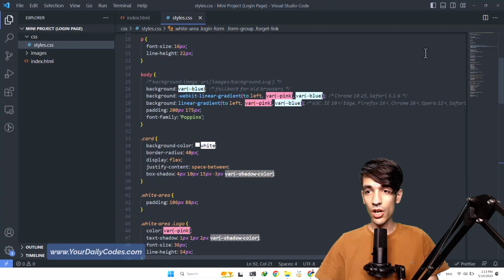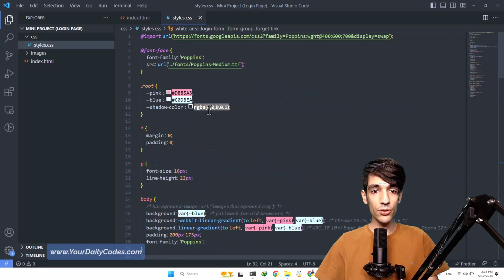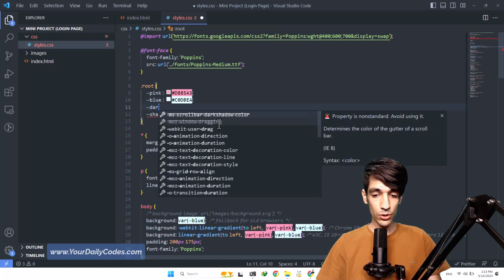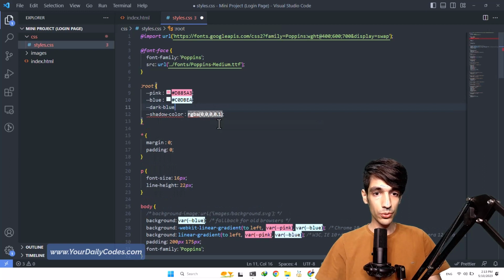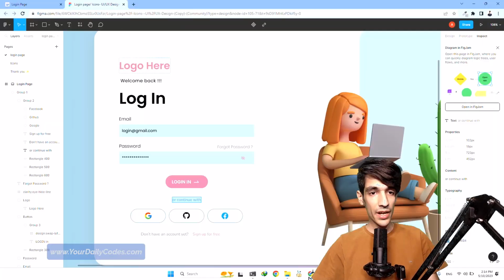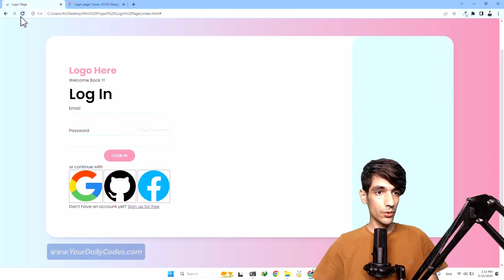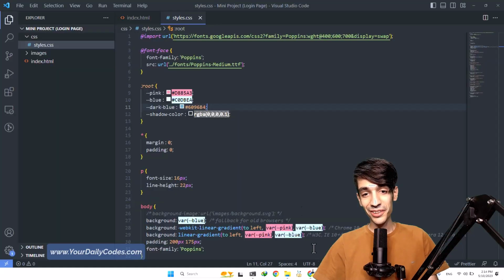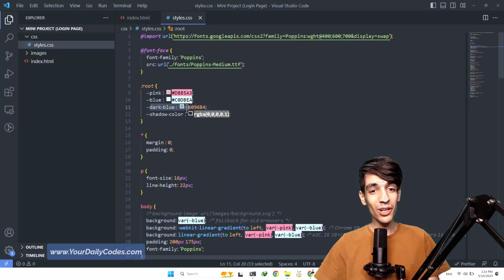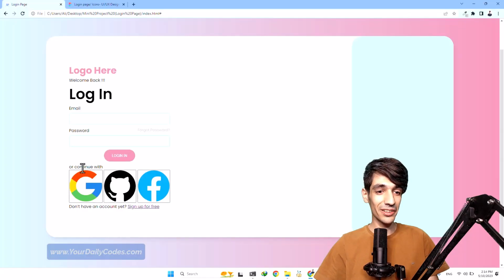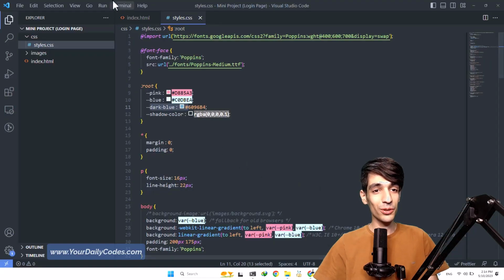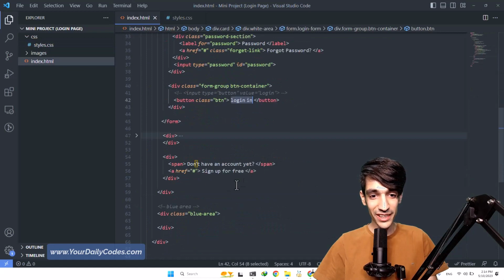And I want to define a new variable and call it dark blue. So this would be our dark blue, right? So this is it, and let's hit save and go back to what we have here and hit refresh. Well, I did define the color, but I didn't assign the color to this tag. I thought it was going to turn blue. I was thinking about something else. Okay, so